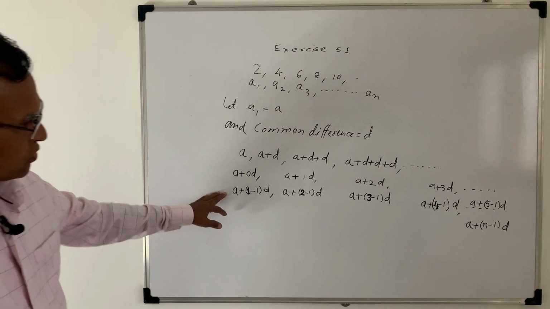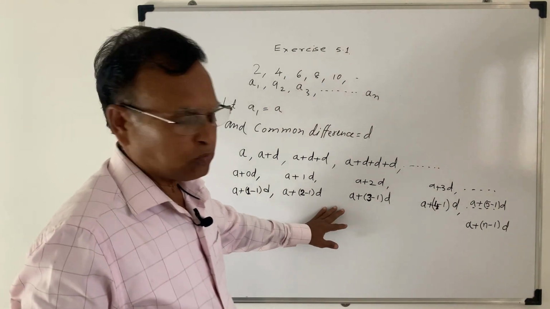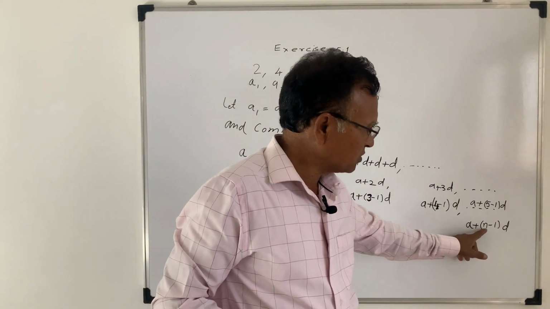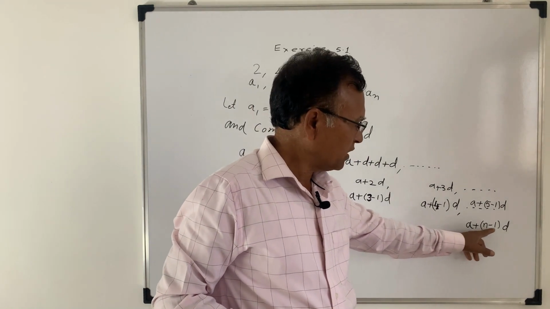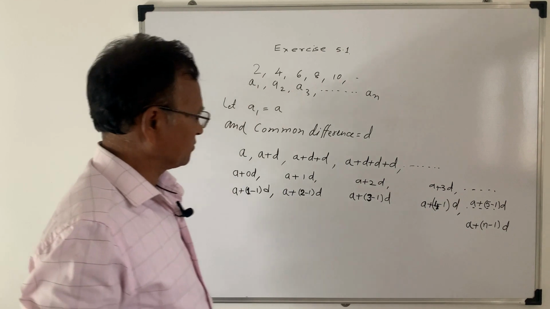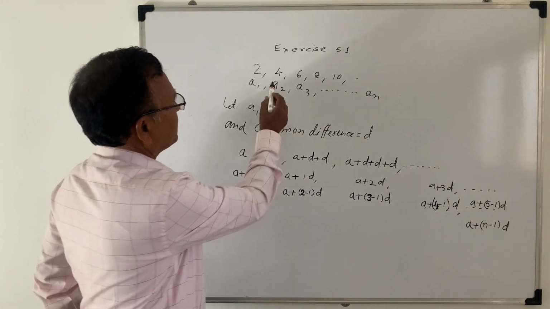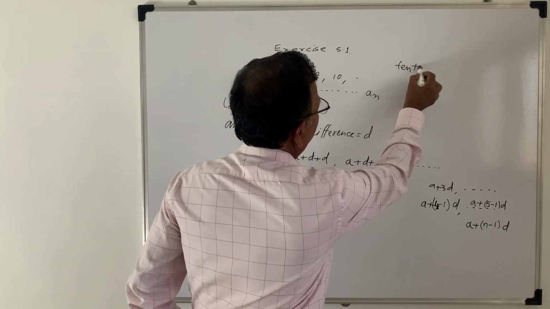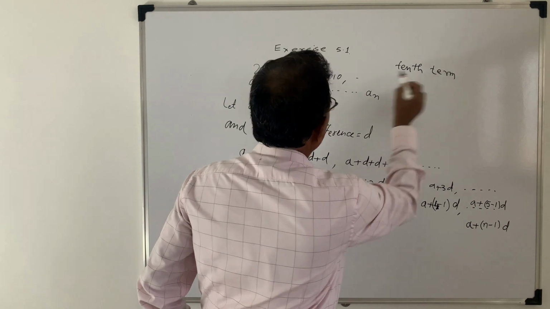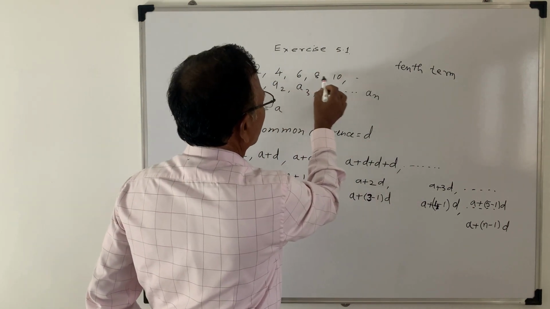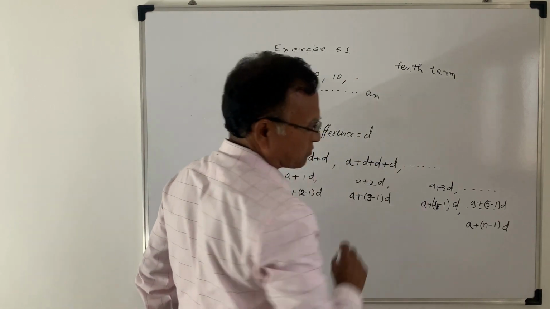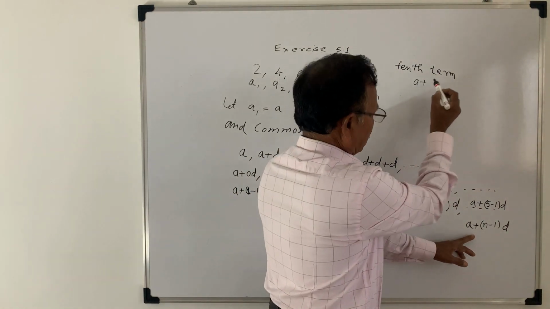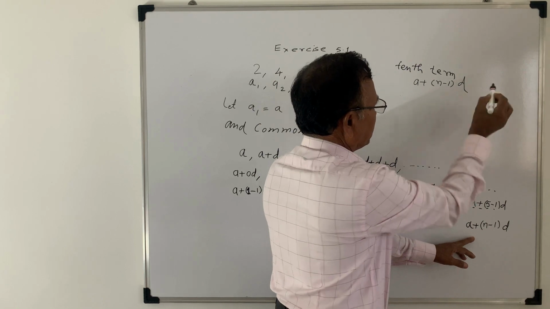ओके, सो ये आपको याद कोई nth टर्म निकालना है या बीच की कोई भी टर्म आपको निकालना है तो n here denotes the number of terms, कौन सी टर्म है उसको आप लिख सकते हैं। जैसे यहाँ पर इतना दिया है लेकिन आपको 10th टर्म लिखना है, 10th टर्म यदि बनाना है, जैसे यहाँ पे 1 2 3 4 5 terms are given, 10th term is not given, so you can write here a plus n minus 1 d.